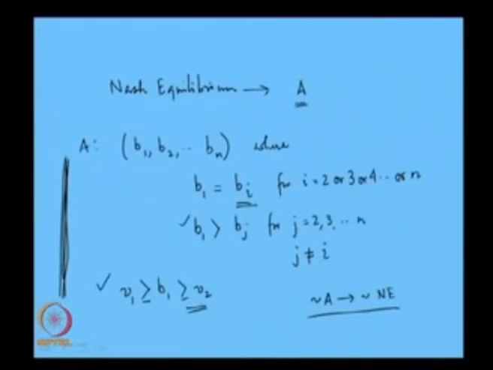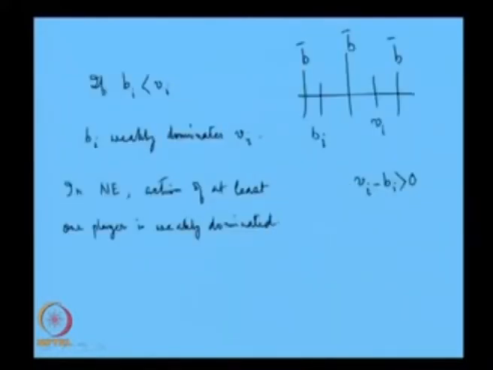And obviously if b_i is greater than v_2, then that is going to be weakly dominated. Now, this is true, but this is true only in the cases where